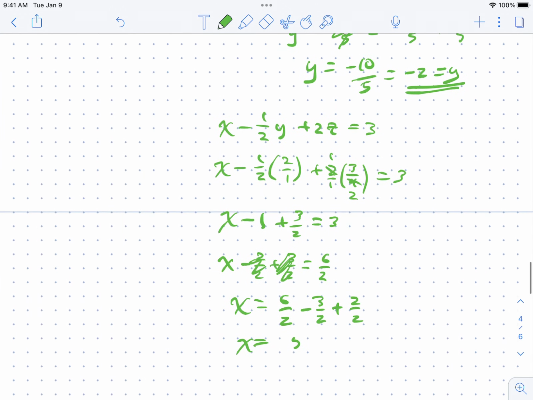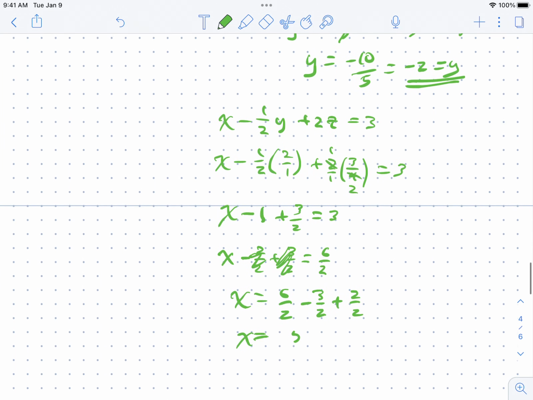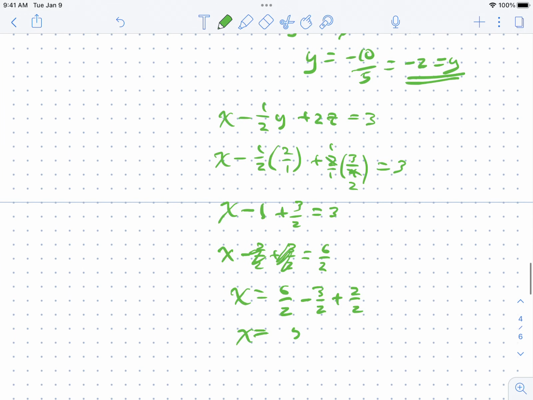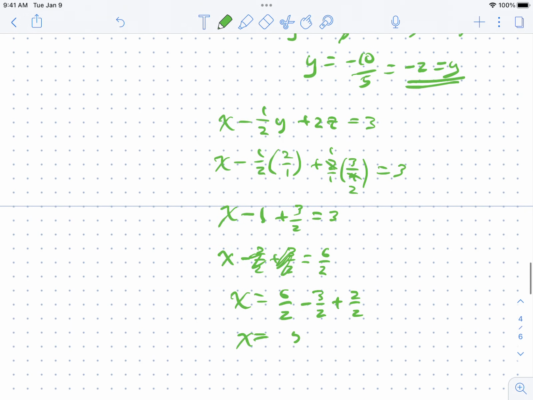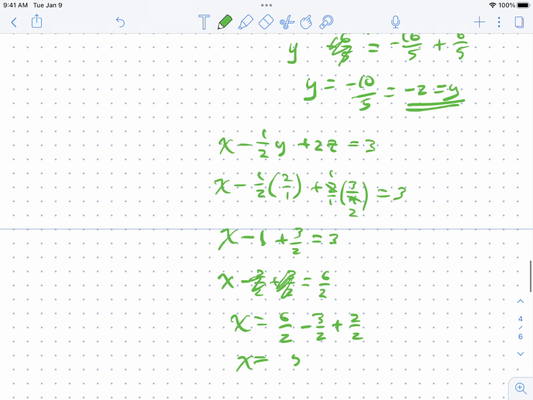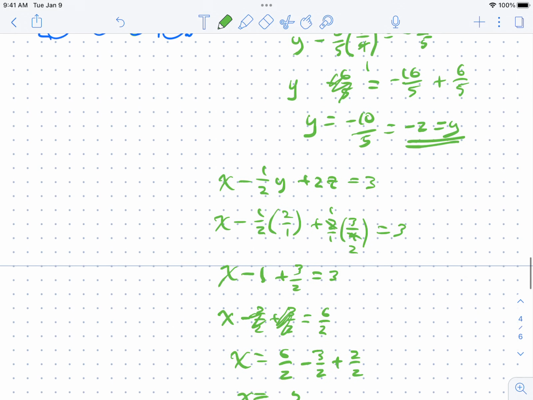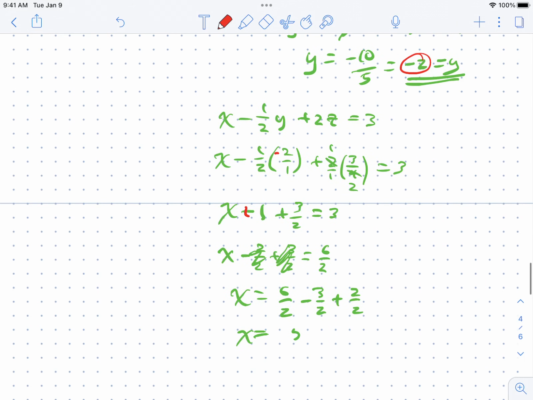Wait a minute. I got him stuck here. Let me find it. X minus 1/2 y plus 2z equals 3. Okay. X minus 1/2 times y. Y is negative 2. Sorry about that. Let's fix this in red. Y is negative 2. So when you multiply a negative 1/2 times a negative 2, you get a plus 1. And because it's a plus 1,